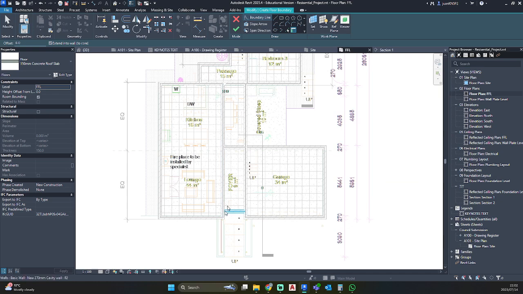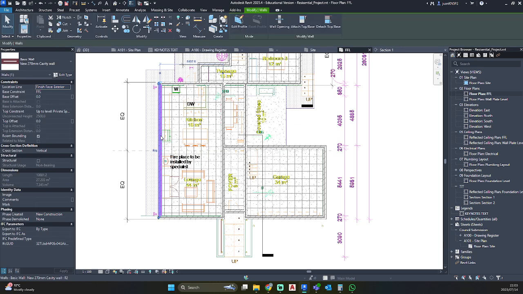So now we need to set our height for how high we want this to be. We already created that level. So we can go to... did we not create that level? I'm going to quickly cancel here.